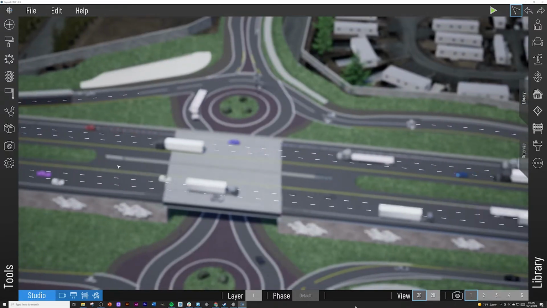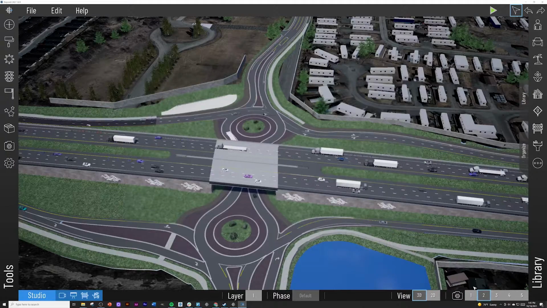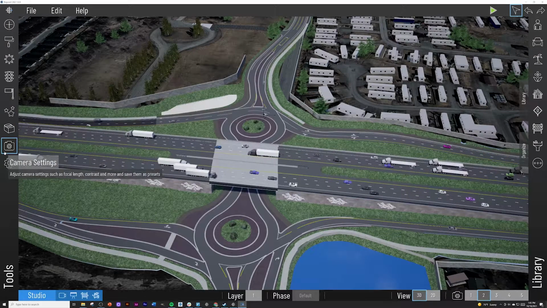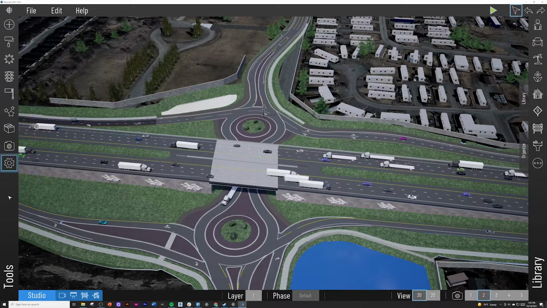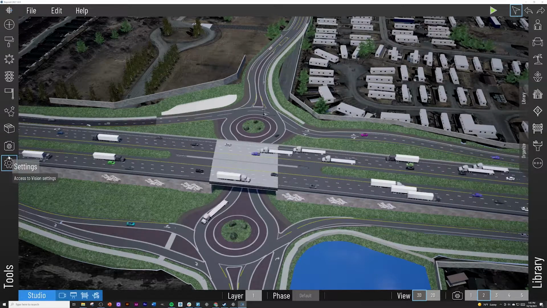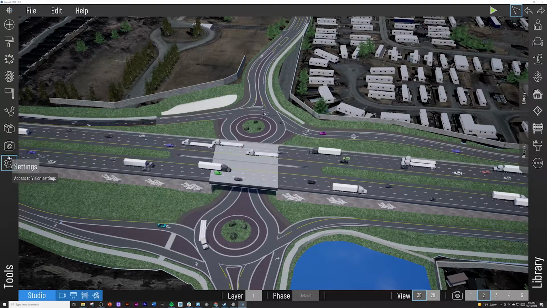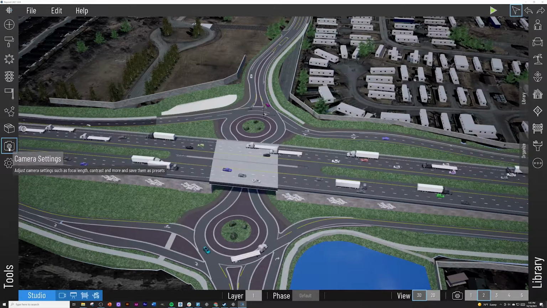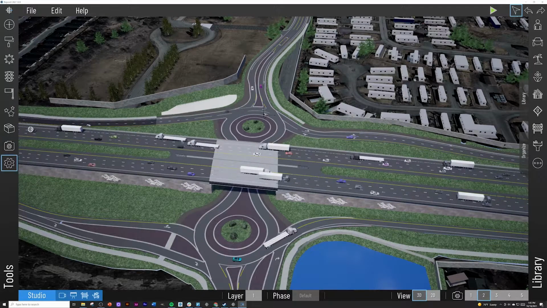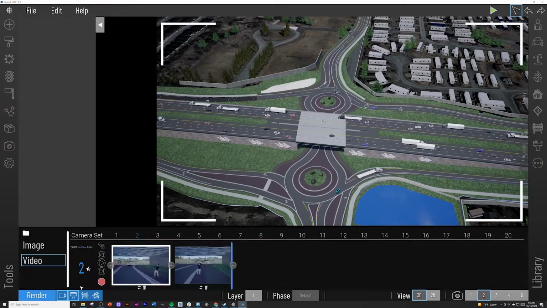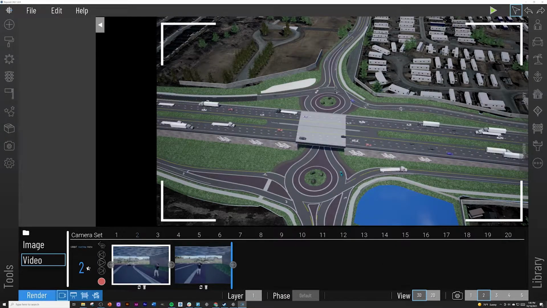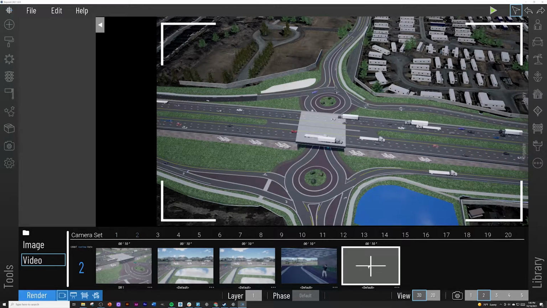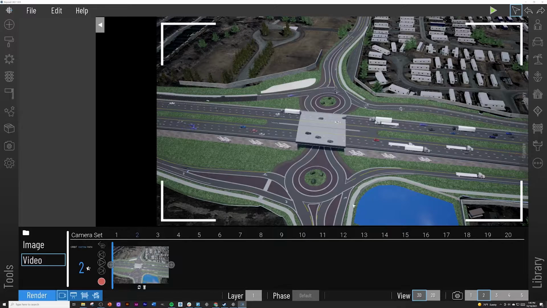So I just want to, let's switch back to this one. Show the before and after stuff that we started with as kind of a final thing. And you saw these at the beginning when I started this tutorial. I was showing some of the final renderings. So this is how you do it, and it's basically, you get your camera set up. Let's get our video camera set up,